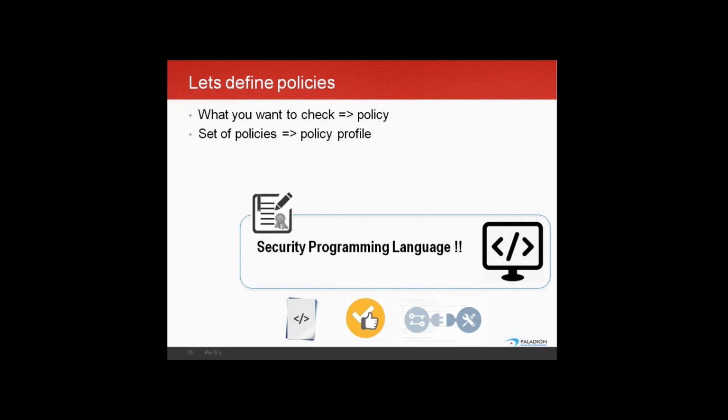So essentially, the core engine exposes the data collection APIs which can be used to extract data from the target machine. And once you have the data, you can write your analysis logic to check for the safe conditions.